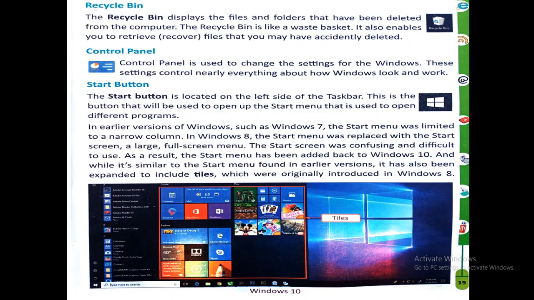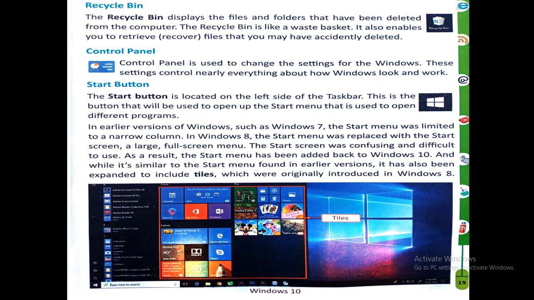Now next is the Start button. Okay students, what is the Start button? The Start button works as the main gate of the computer. How? If you want to start any kind of task in your computer, we all have to click on the Start button.